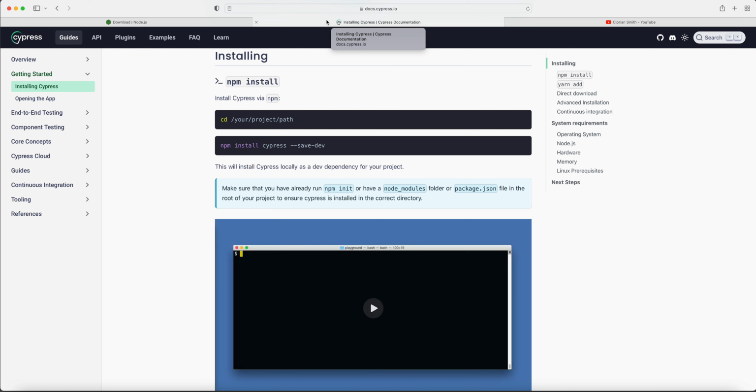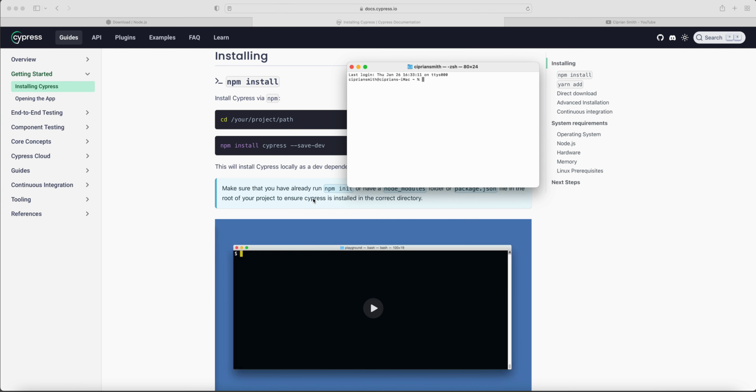When somebody goes to install Cypress, the immediate reaction might be to just go through this documentation and not quite read the requirements. So you might find yourself copying this command, going to your terminal, whether it's Mac or command line for Windows, and you'll see this issue, command not found for npm. That's because Cypress needs Node installed because it runs on top of Node.